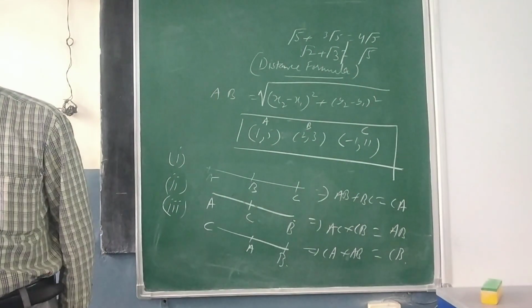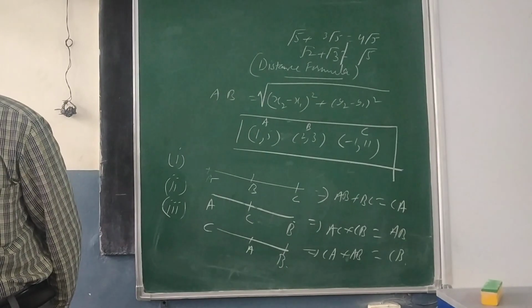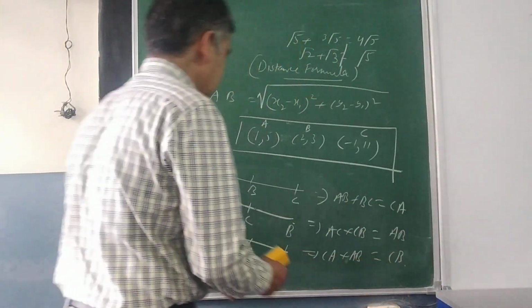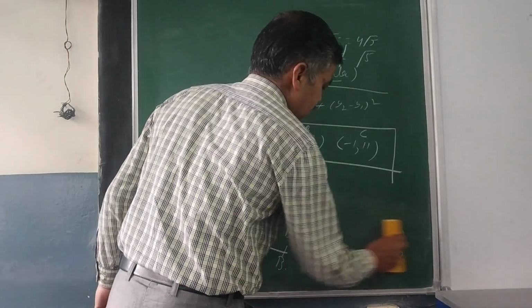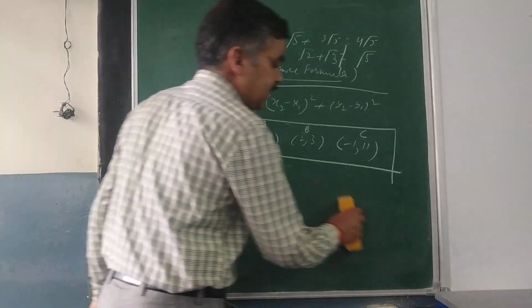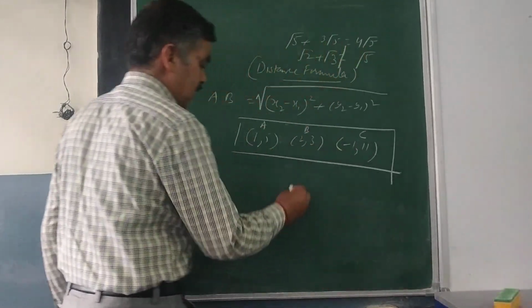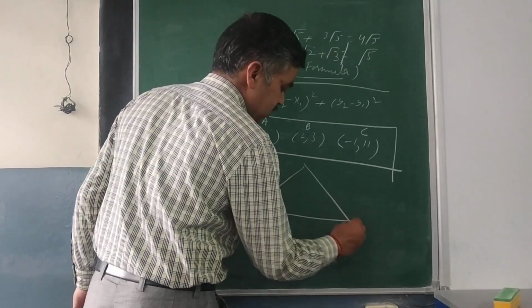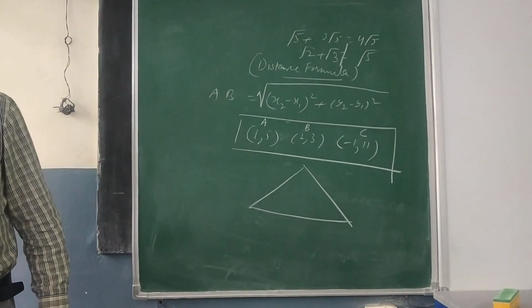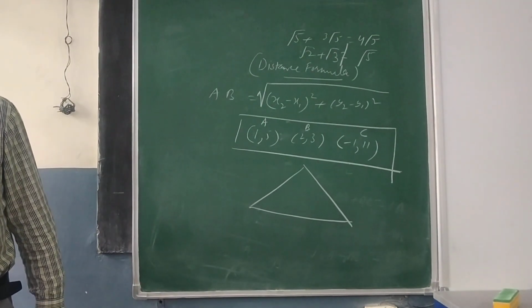If you talk about question number 4, now one triangle is given to you and the vertices are also given. So you draw the triangle. This is all previous knowledge, you know. You have already done these things. But see how nicely the questions are now adjusted in coordinate geometry, that is, in the application of the distance formula.